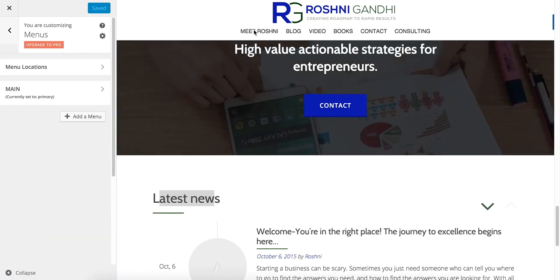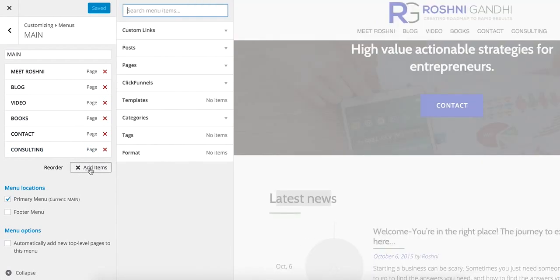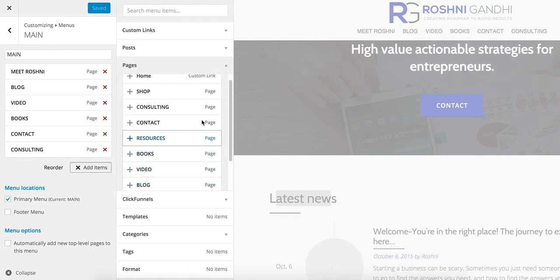You can select what you would like to show here, and currently you have these items in your menu. For example, if you would like to add more items, such as pages. I have deleted 2 pages because it was a bit crowded here.